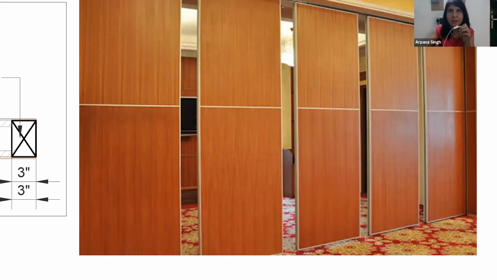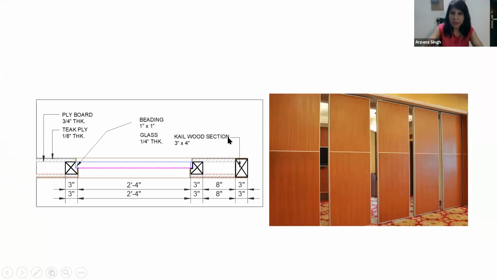So you have to basically understand, even if I take 10 classes or 20 classes, and explain 10 or 20 different types of partitions, to be honest, every partition, if designed, has a different detailing altogether. And once you understand the concept of how the detail works, you will have no issues doing it again and again and repeating it. And you can evolve new designs and details by yourself. But as a student, you really have to understand the basics and fundamentals of the partition. Otherwise, it's not going to be a tough thing.